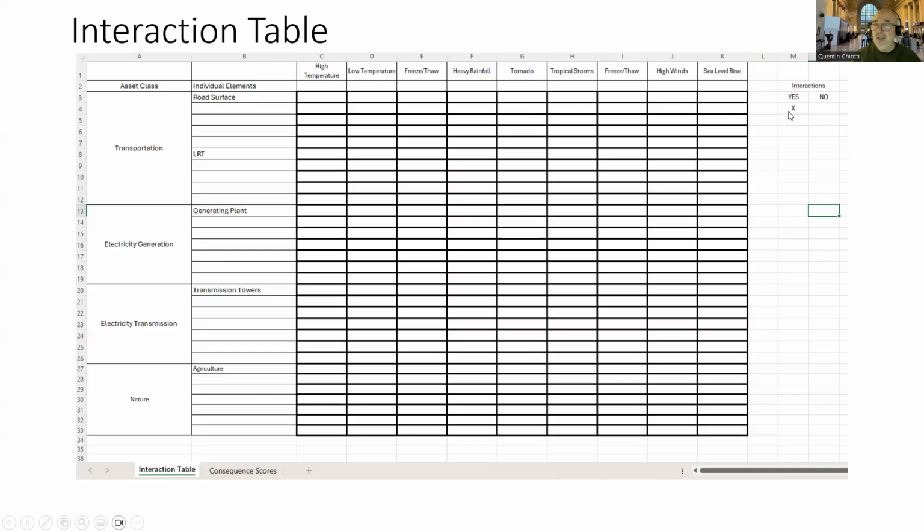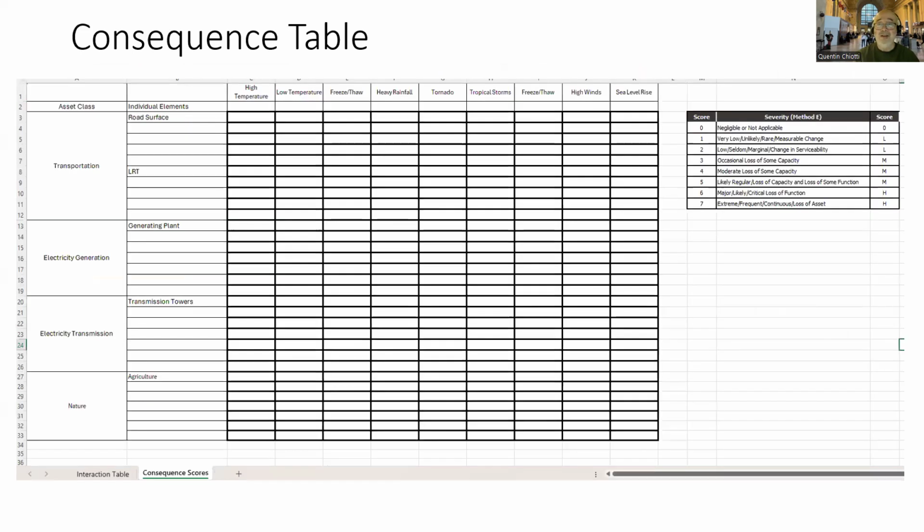And so you really just have to insert not necessarily a yes or no, but for a yes and no, just put in an X wherever you think there is an interaction, and you leave it blank if you don't think that there is an interaction. So I'll see what you can do with that. And then basically use the same template to come up